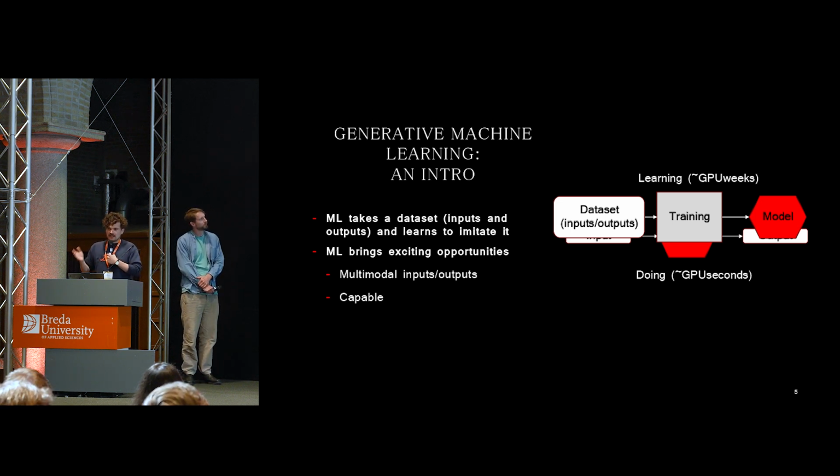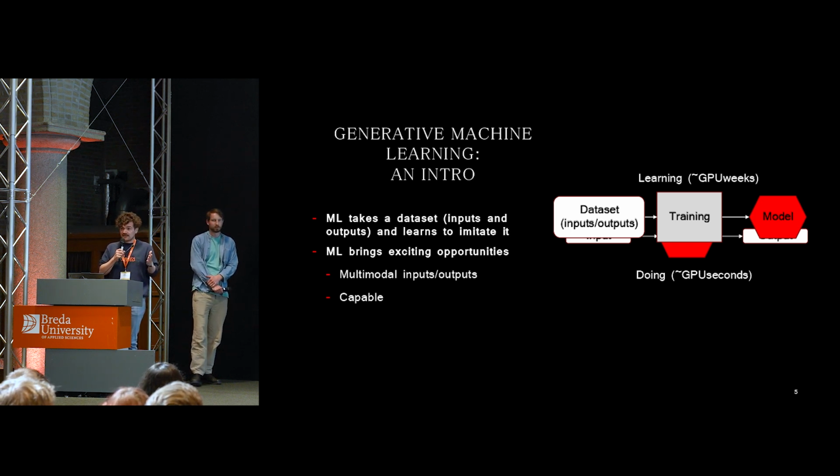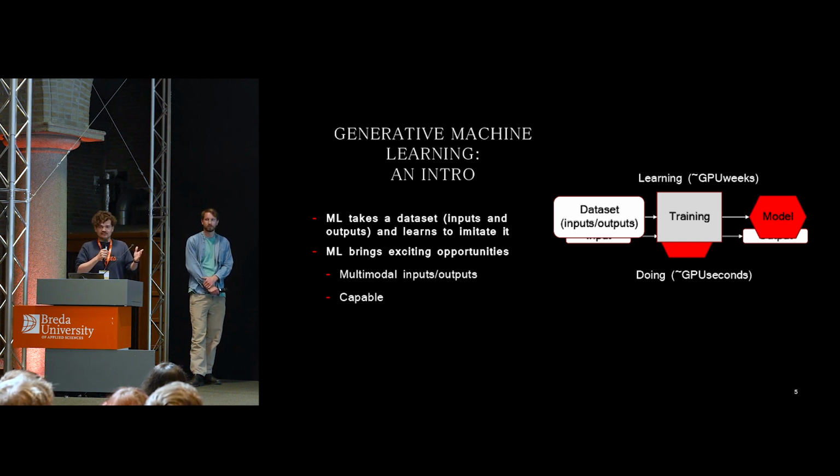So the actual process of creating a machine learning model is two-stage. The first is the learning stage. This is the learning in machine learning, where we take this data set of inputs and outputs. And this is typically, as anyone who's worked with machine learning knows, depending on the complexity of your task, tons and tons of data. So getting this data is an extremely strenuous part.